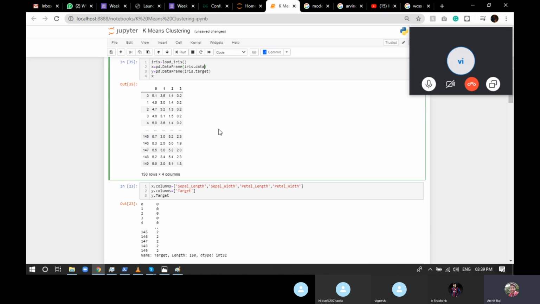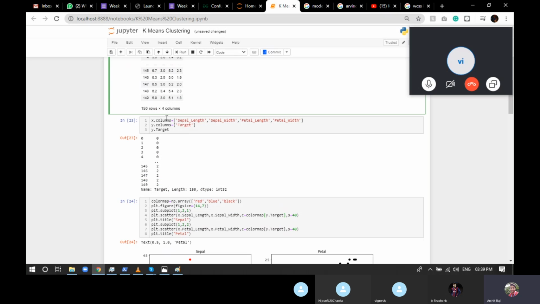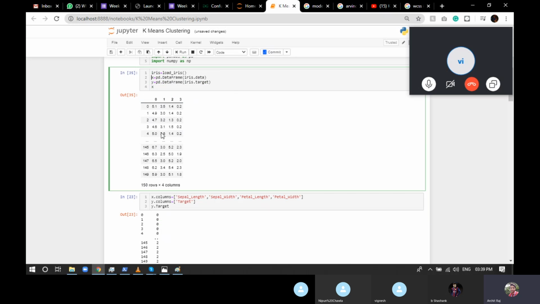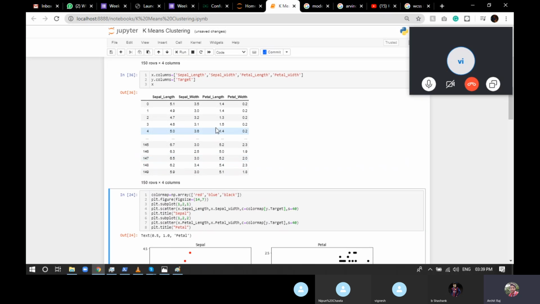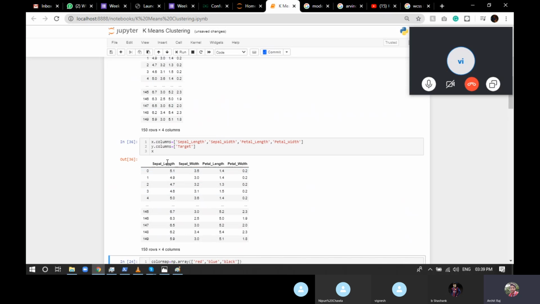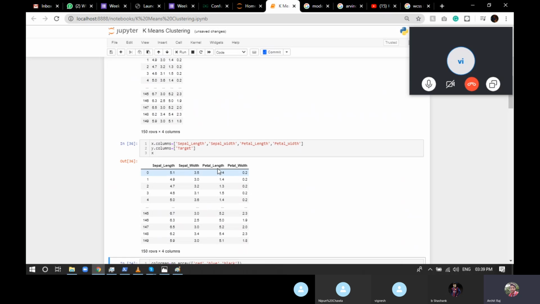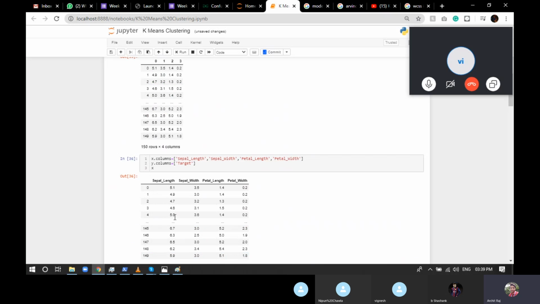If we don't do it, you can just write it here also, x.columns, because this is the data frame. If we execute it, you get the same dataset but with the columns. So this is one more way in which you can specify the columns. Just wanted to show you, that's why I did this.